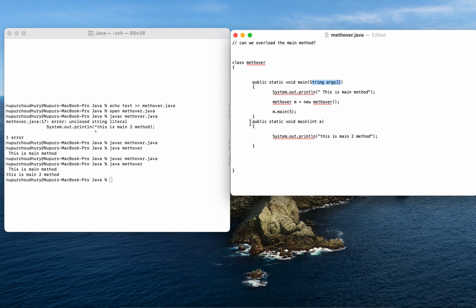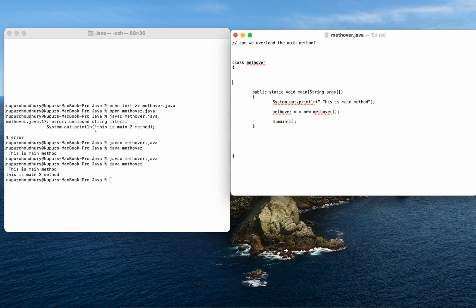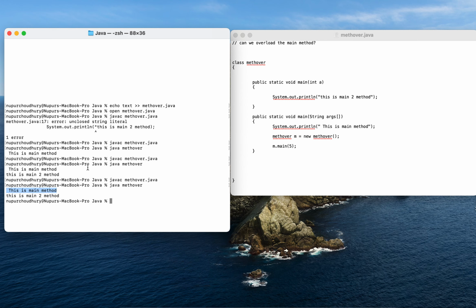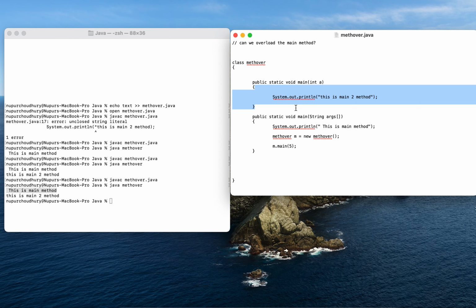Okay, so you can also do this. You can also copy paste this here, cut paste this here, and find out which one will be your output. Then also you will not find much difference in the output. See, because the array of strings is basically in this method, that is why this statement would be printed first, and then only this main method would be called. Okay, so we have to keep in mind that JVM will entertain the first request of that particular main method which will receive a string array as arguments.